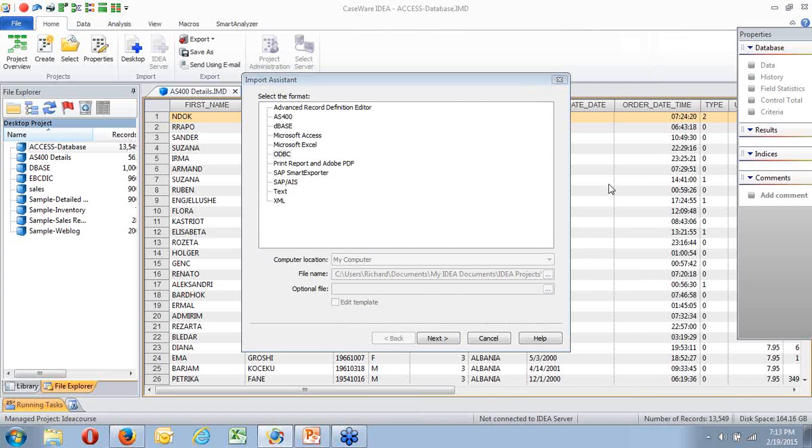Question was, when importing by ODBC, is it possible to join two tables together using SQL scripting, or must I import both data independently and then join the databases? Sometimes I only need one field from another table linking in a common field, and you have to import the entire table just to get that one extra field. Okay, let's take a look at it. Bring your file in from ODBC. If I'm bringing one in, I'm going to use Import Assistant.